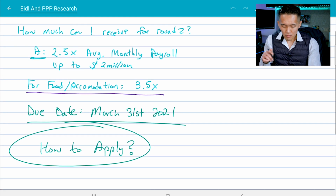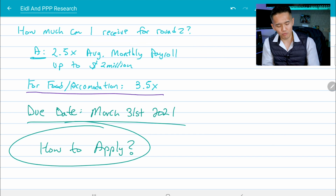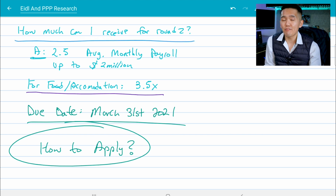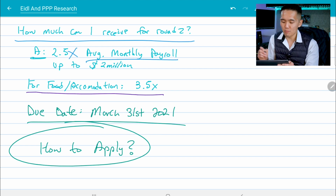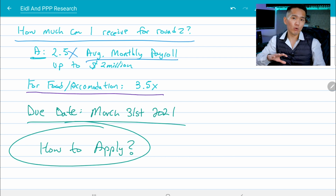Now, the question for second round, and this also applies for first round, I believe: how much can I receive for round 2? How much money can I apply for? The answer that I got from the SBA is that it's 2.5x of the average monthly payroll, up to $2 million. So they're going to take your average payroll and see how much you spend on payroll